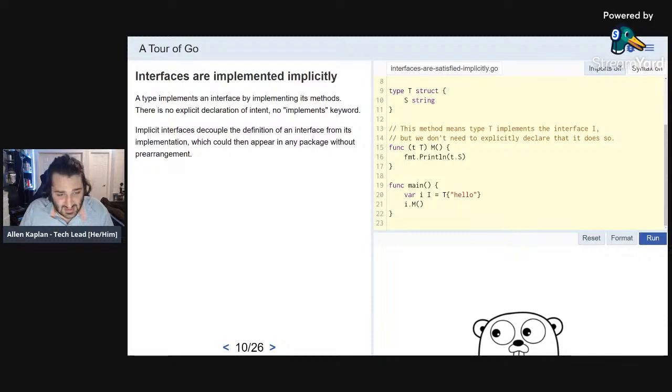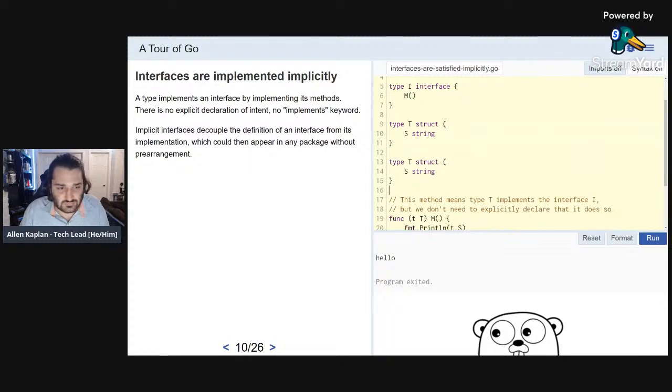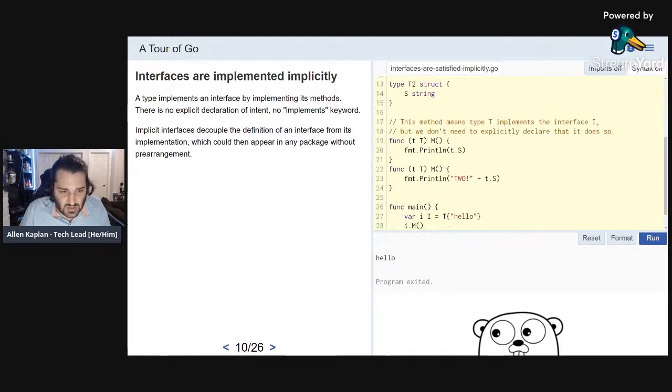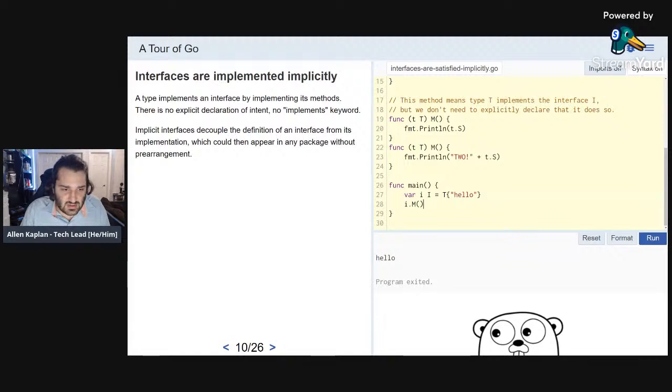So when you say I of the type takes in the string, it totally works because it says dog, I see that your type T implements interface I because it has method M. A lot to maybe grasp at once, but it is really important because maybe I want to define T2, and maybe it's going to be print.line 2, right? And so I do this, and then maybe I say, okay, now I equals T2 OMG, I dot M. The unique thing that's going to happen here is that